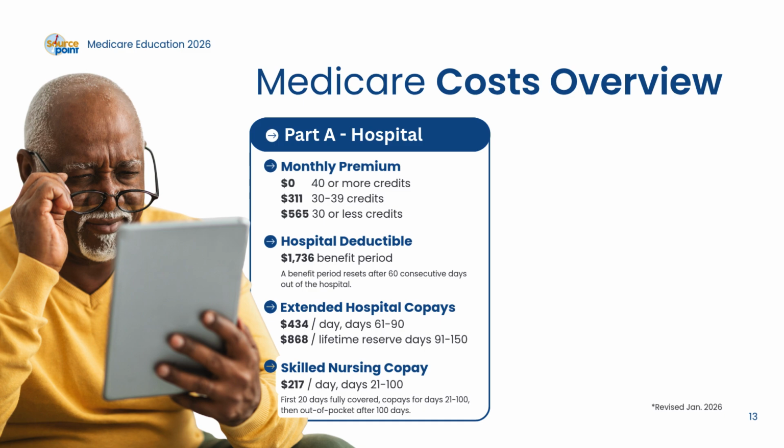The deductible remains the same whether you stay in the hospital for just 1 day or up to 60 consecutive days. For example, if you're admitted for a week, you'll need to pay the Part A deductible. But if you're discharged and then readmitted within 60 days, you won't have to pay another deductible, even if the medical condition is different. However, if you're readmitted after more than 60 days, a new deductible will apply. There's no limit to the number of benefit periods you can have in a calendar year.